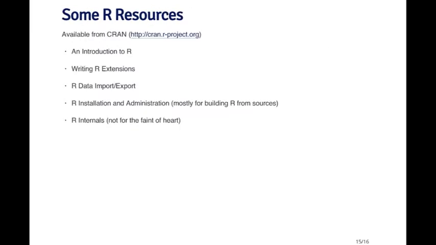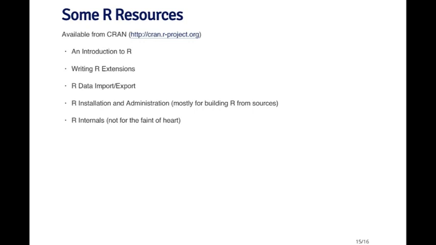So there are a couple of documents that you can find on the R website as you're learning to use R, and you may want to flip through some of these. One is an introduction to R, which is a relatively long PDF document now that goes through the basics of how to use R, how to use the language. There's the Writing R Extensions manual, which is really only useful to read if you're thinking of developing R packages, which are these extensions to the main R system. The R Data Import and Export manual, which is useful for getting data into R in the various different ways. The R Installation and Administration manual is mostly useful if you want to build R from the source code,